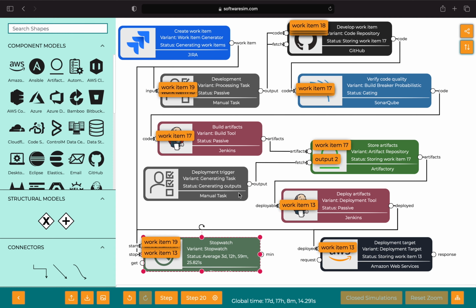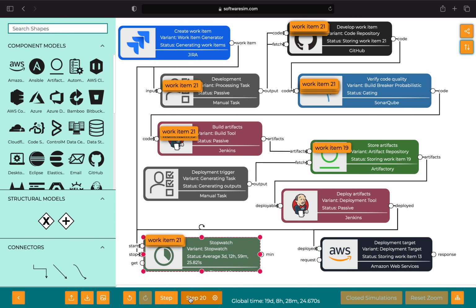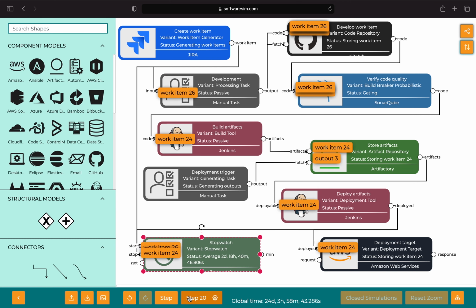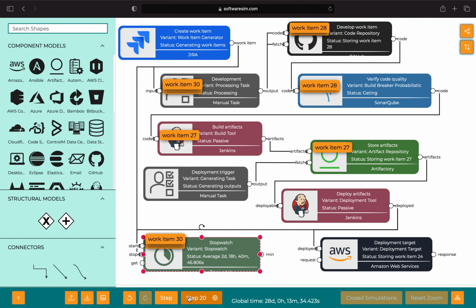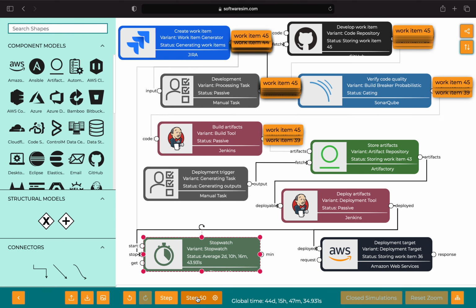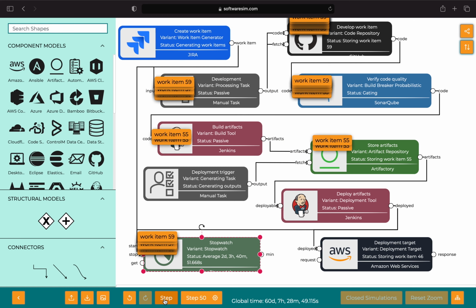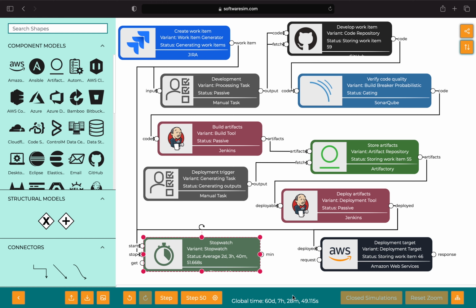So it looks like we had another trigger here for the deployment. And as I do multiple steps here, you can see this average changing. We now have about a month of time. Let's go ahead and do about 2 months of simulation. I'll again bump up this value for the number of steps. Okay, so we have about 60 days worth of time, and in this case we see that the cycle time